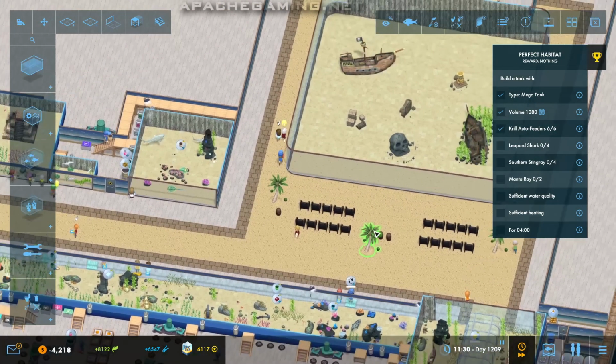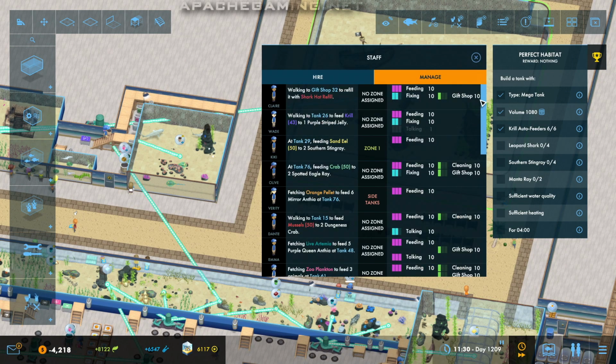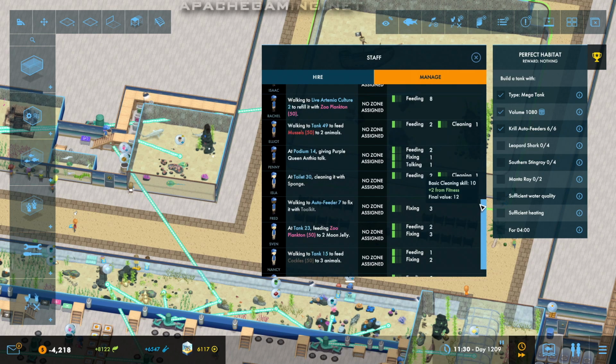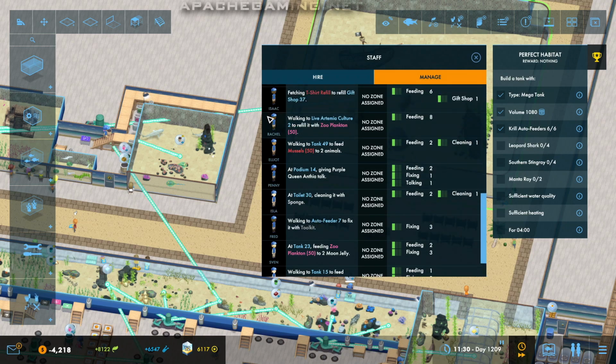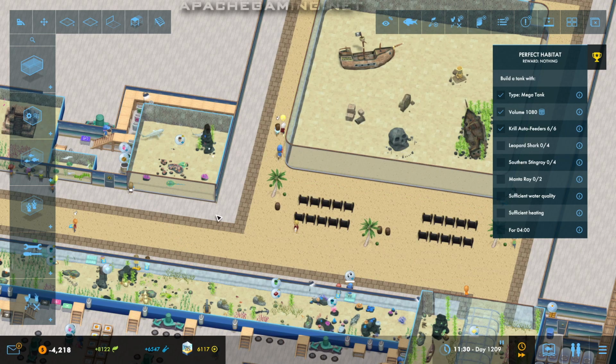The first thing you need to do is to look at your staff roster and ask, is there anybody that we don't need on here? Now I have just got a lot of new staff here because we had a significant number of fish which were being starved because we just didn't have the staff to